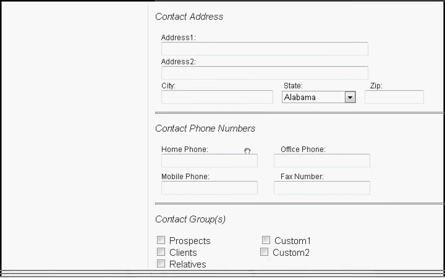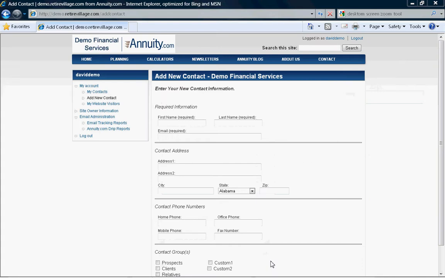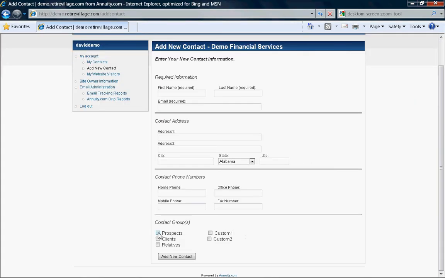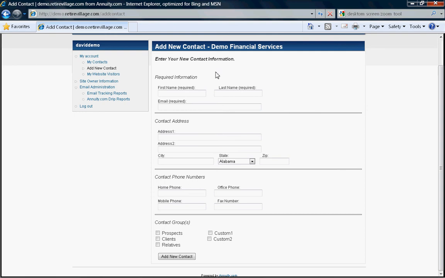An important part of this, though, is down at the bottom where it says contact groups. Just take note that you can select a contact to be part of groups, and this will be for your own emails that you may want to send out or do something here as we get into that. And to talk about that with the emails and things like that, once you've added a contact, you've assigned them to a group,